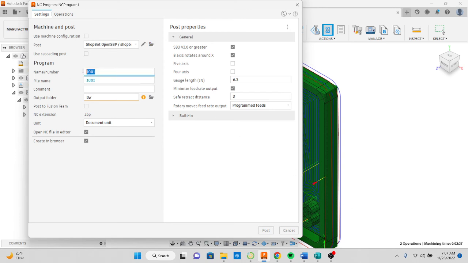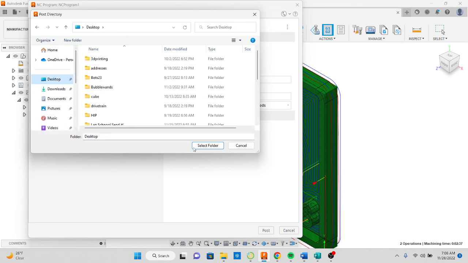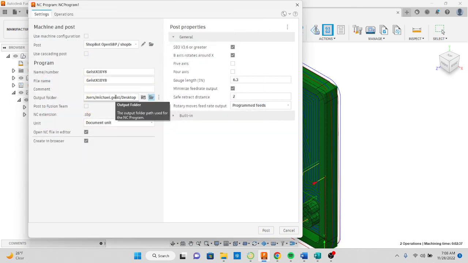For the program name, I'm going to put my last name. And then because my part was 10 by 8 in the X and Y, I'm going to put X10, Y8, just so I know how big it's going to be on the Shopbot. And then I'm going to plug a flash drive in, and then I'm going to open, and look for that flash drive. Right now I don't have one plugged in, so I'm kind of making that up, but I would plug a flash drive in and I would select the USB. If I don't have one plugged in, maybe put it on your desktop